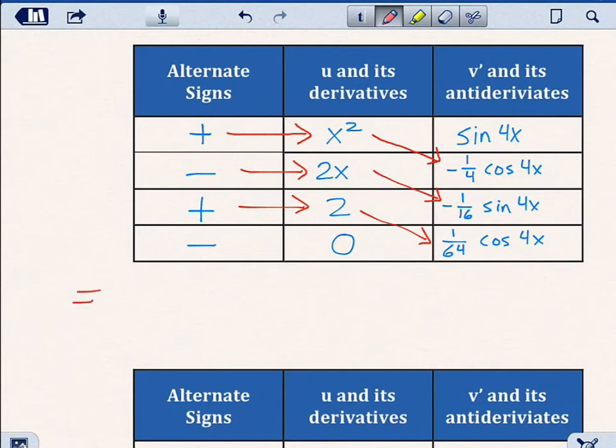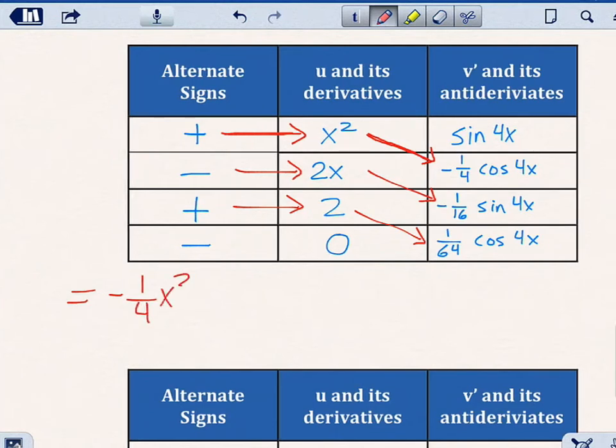So we have the positive times x squared times negative 1/4 cosine 4x. That's going to be negative 1/4 x squared cosine 4x. Then we have a negative 2x times negative 1/16 sine 4x. So that's actually going to be positive, and then 2 over 16 is 1/8. So 1/8